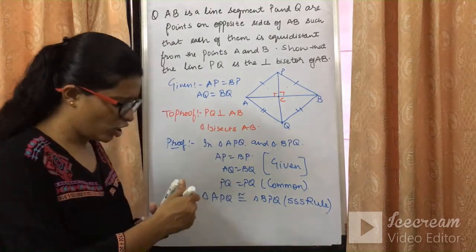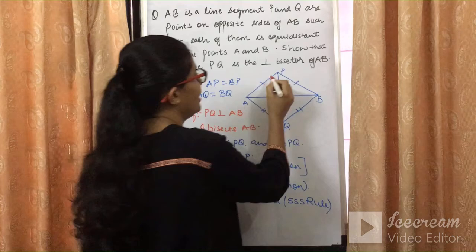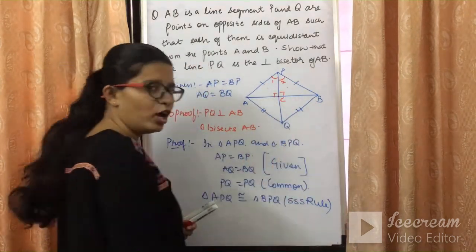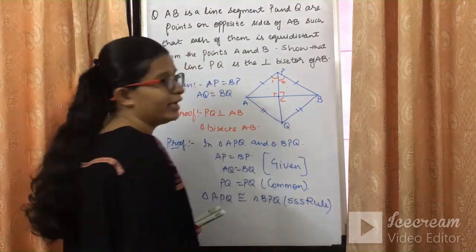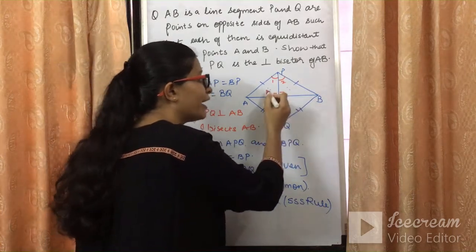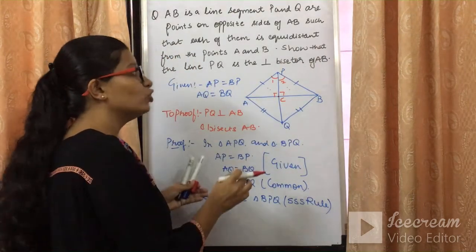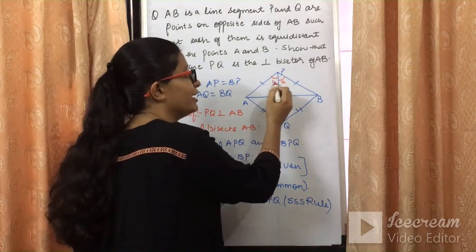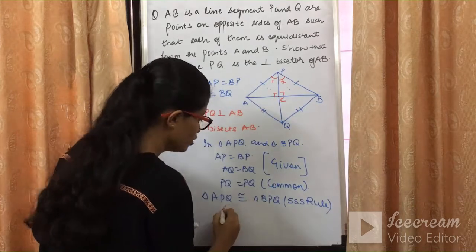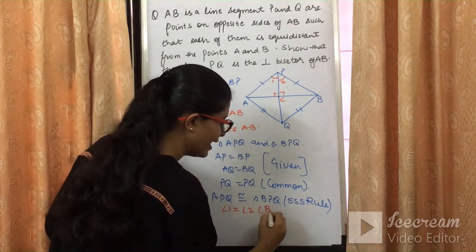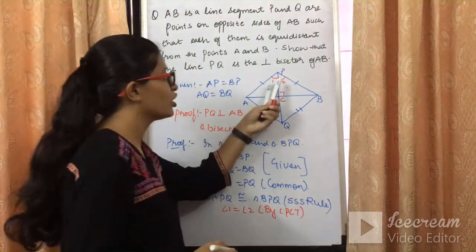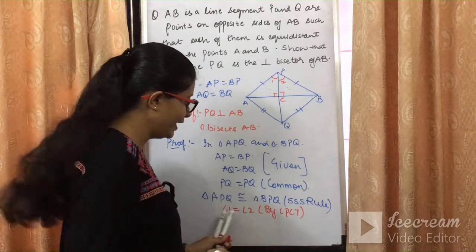If these two triangles are congruent to each other, can I say that these two angles will be equal? Rather, these two angles will also be equal. ये वाले एंगल्स भी इक्वल होंगे, बट मैंने ये ही क्यों चूज किया, क्योंकि मेरे को ये दोनों ट्राइंगल कॉन्ग्रुएंट प्रूफ करने हैं। ये दोनों ट्राइंगल के अंदर आने वाले कौन से एंगल हैं, ये दोनों एंगल हैं। दैट्स व्हाई आई एम चूजिंग एंगल 1 एंड एंगल 2 मींस दीज एंगल। सो एंगल 1 विल बी इक्वल टू एंगल 2 बाय CPCT, that is corresponding parts of congruent triangles. So corresponding parts 1 and 2 will be equal.